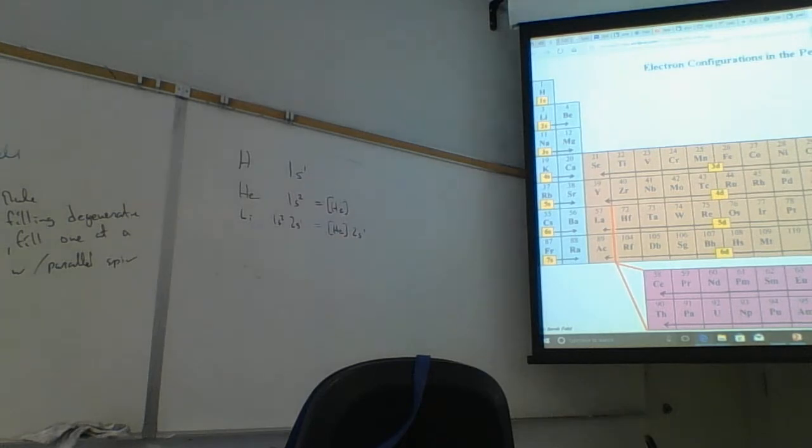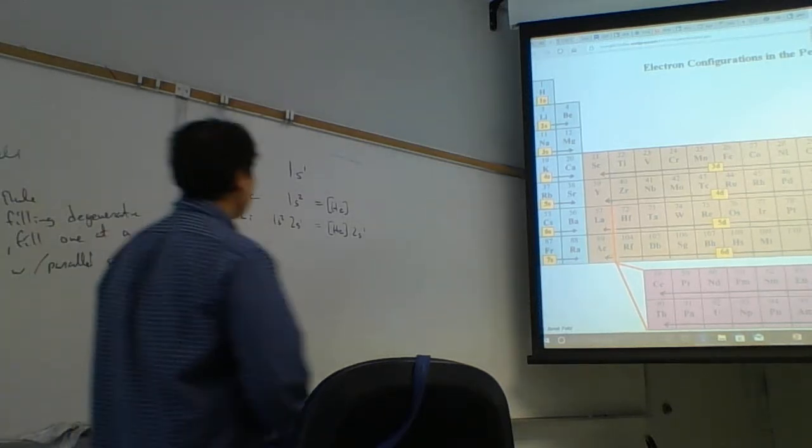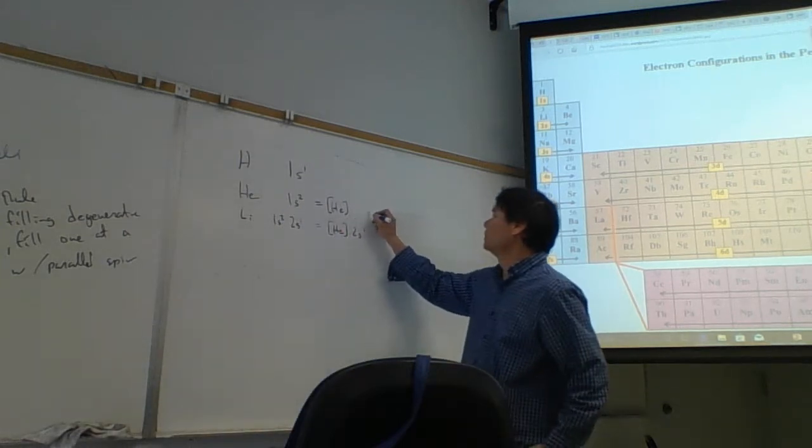We can understand some of the properties based on filling these shells, or removing electrons to be left with a filled shell. And so once we go past neon, then we go to sodium. Sodium has 1 electron here. And so if sodium is going to react, one reaction might be that it could lose that electron. If it loses that electron, then we're going to be left with what we call a neon core. And so this is what we're going to say. You know, this is the helium core